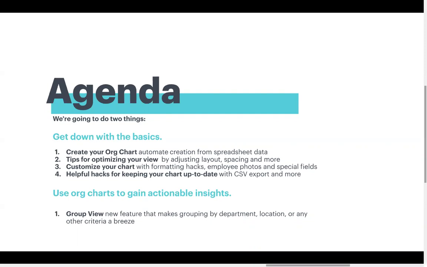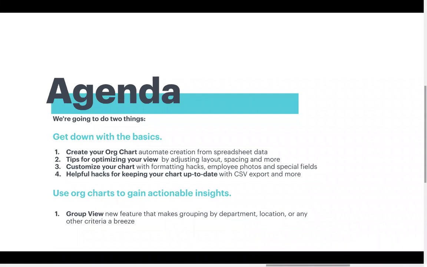The second thing we'll do is talk about some tips for optimizing your view. How can you see exactly what you want to see on your org chart, and manipulate the structure of your org chart? We're going to talk a little bit about how we can customize our chart and apply formatting, with some little tips and tricks to make things look really great and also to gain more insights from our org chart. And then we're going to talk about some helpful hacks for keeping your org chart up to date. For those of you that will be continually updating things, how can we make that really easy